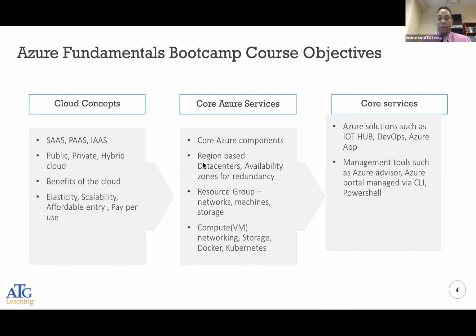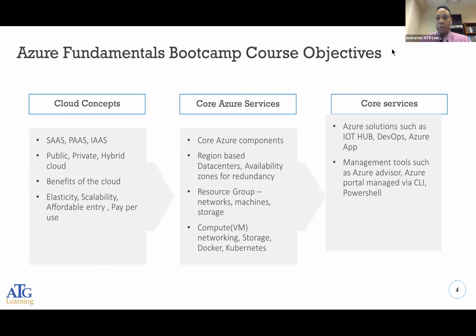Kubernetes is a way that we can manage several containers by using some type of automation that Kubernetes offers. So we'll get a little bit of exposure to creating containers through Docker. But again, Docker and Kubernetes are, I would say, other certifications. You can get specialized certifications as a Docker administrator and a Kubernetes administrator. So there's a lot more to that, but we're just going to touch the surface on these concepts within Azure Fundamentals.